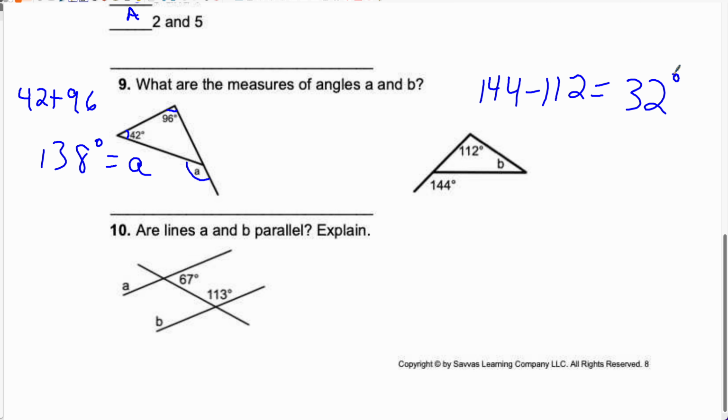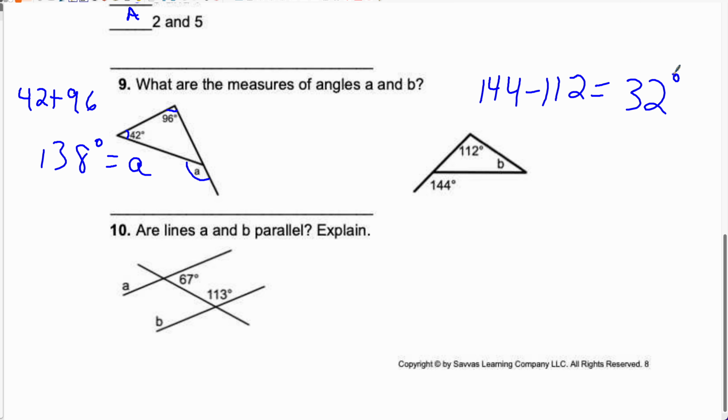So there's two different scenarios that I set up for you. One where you know both are remote and you need to find the exterior. One where you know the exterior and one of the remote and you need to find that other remote interior angle. Okay? So you need to be able to do that. This one is kind of a little, you've got to take a couple of steps to get there, and it relates back to what we did back up on question 8, where you need to know those relationships between angles and parallel lines. Okay, so